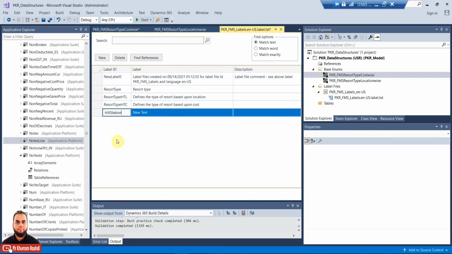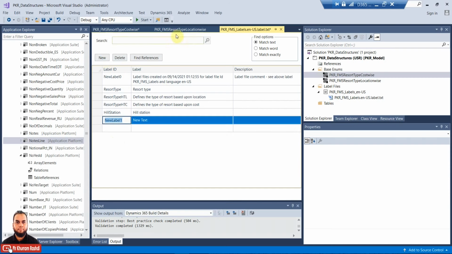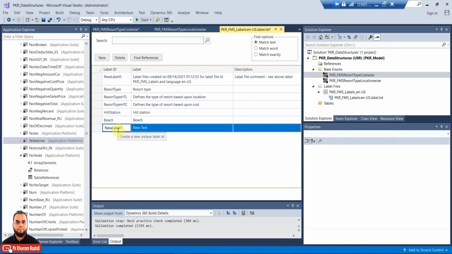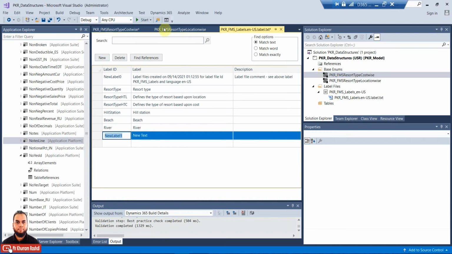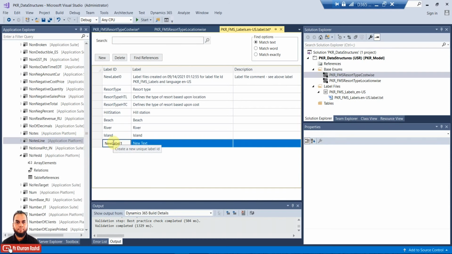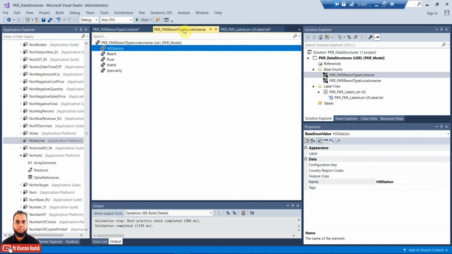So for example, hill station will have the value of hill station, and beach and river, island and specialty. And what about economy, luxury and super luxury?